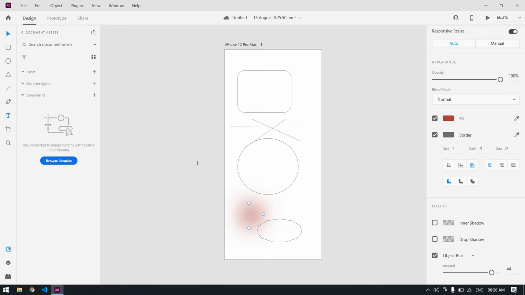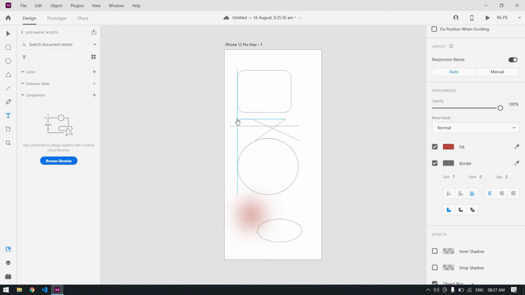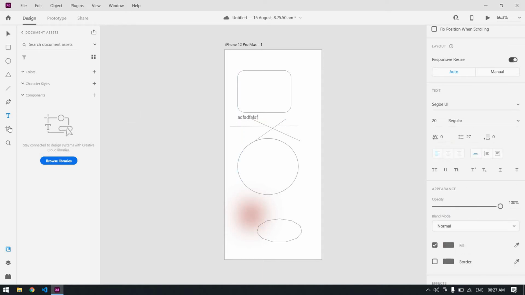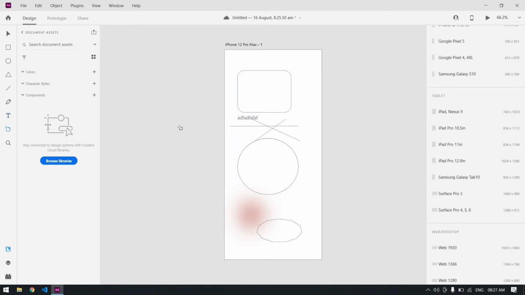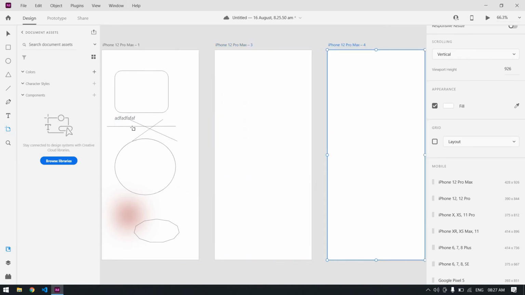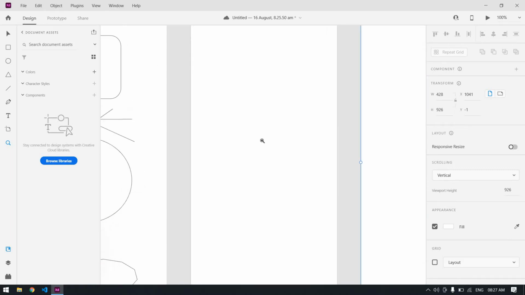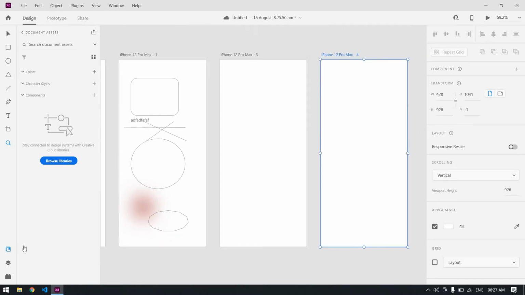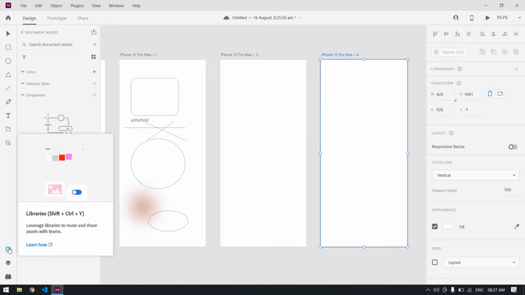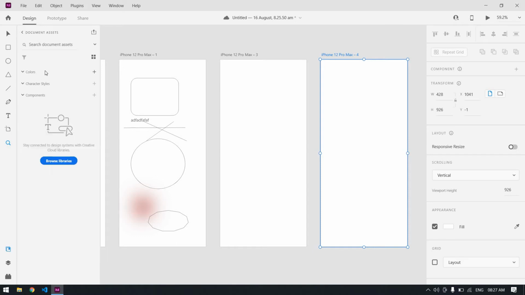After that this is text, you can write or type anything. And this is artboard, you can create new artboards like that. And this is zooming, you can zoom the artboards. And this is library, you can give a color or anything like that.